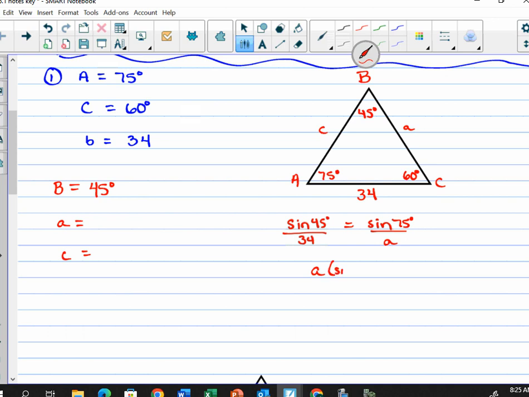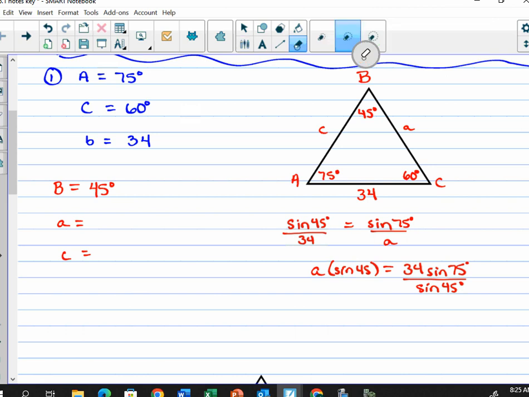A times sine of 45. Okay, rounding is really the only part that people tend to struggle with on this, which sounds silly, but to